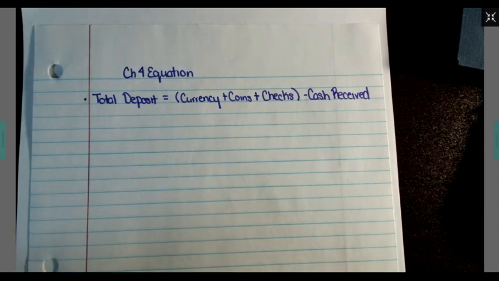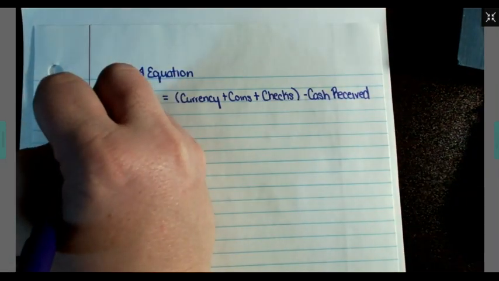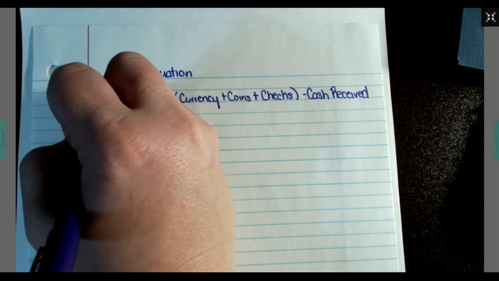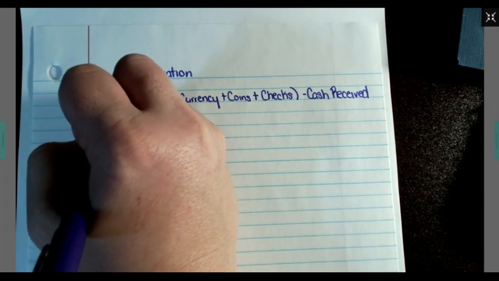In this section, we're going to cover lesson 4.2 on the check writing process. For this lesson, we're going to start off by adding our equations. And these really aren't so much equations as just notes that you should know about writing a check. So the steps